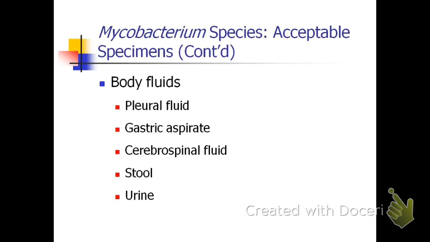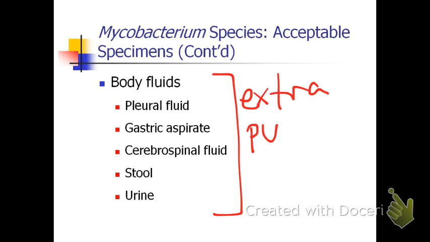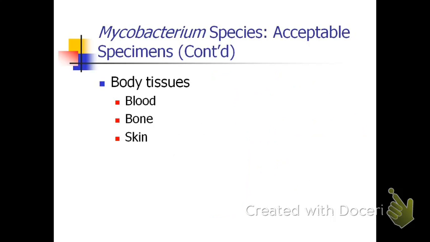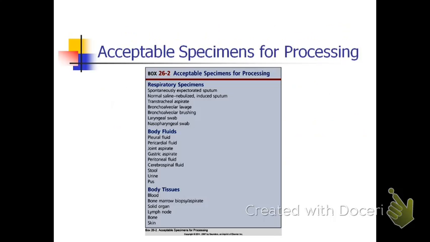Body fluids could also be acceptable specimens, such as the pleural fluid, gastric aspirate, the CSF, stool, and urine. Most of the time, if a person is suspected to have extrapulmonary tuberculosis, these specimens would also be very ideal. Body tissues such as the blood, bone, and skin. Again, this is also for the diagnosis of extrapulmonary tuberculosis. In summary, you may refer to box 26-2 of your book to determine the different acceptable specimens